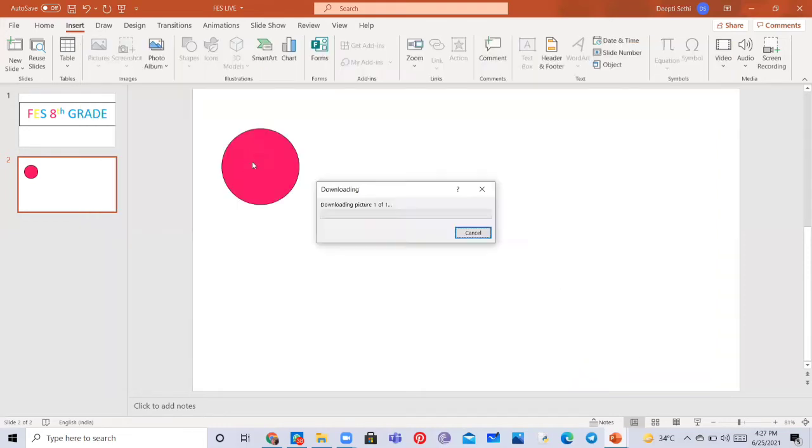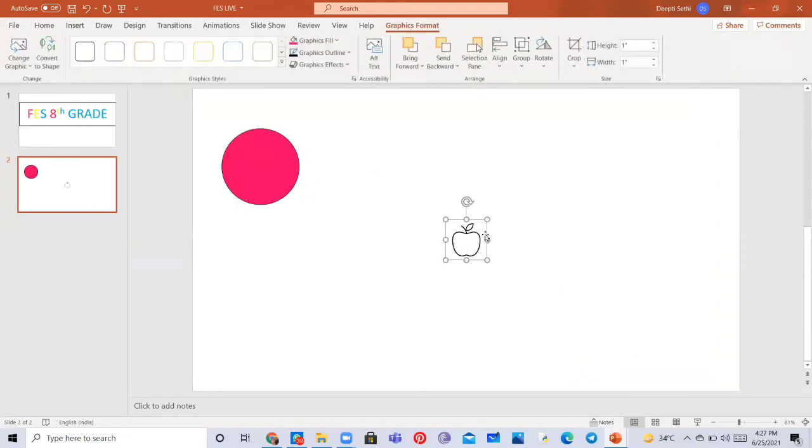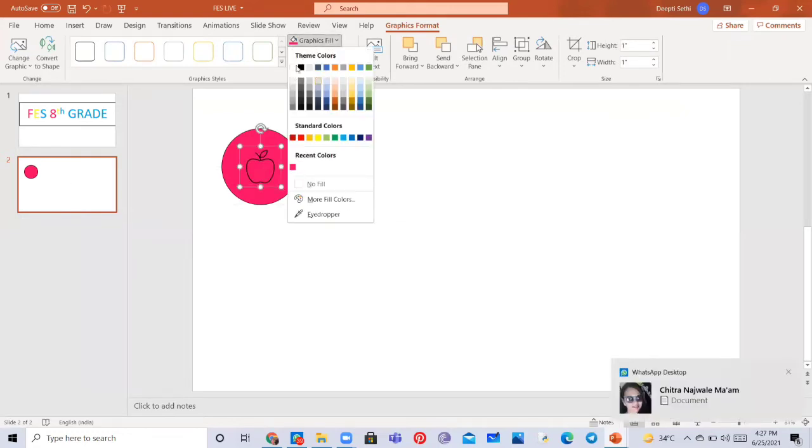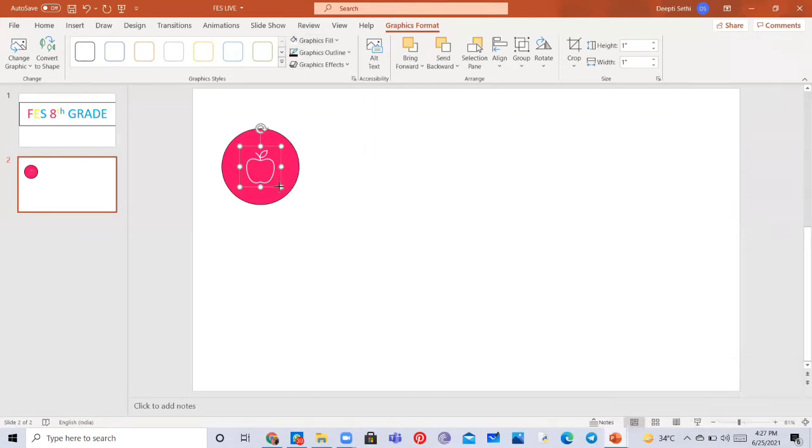You can choose any icon of your choice. Then set the graphics fill and graphics outline to white, adjust the size, and make sure it's in the center of the circle.